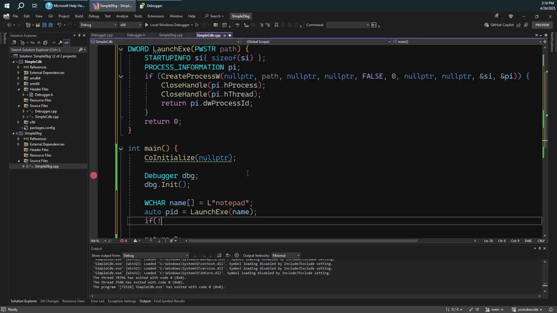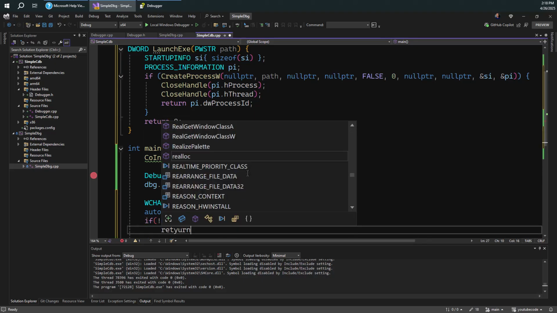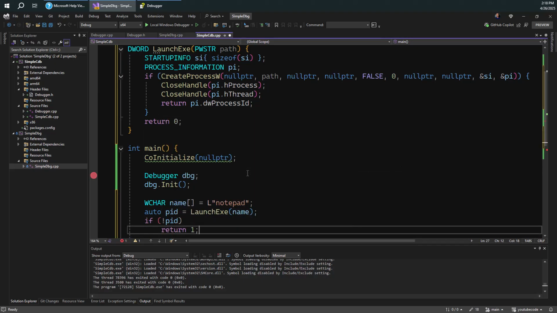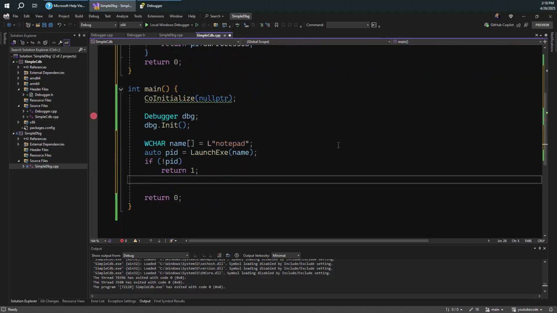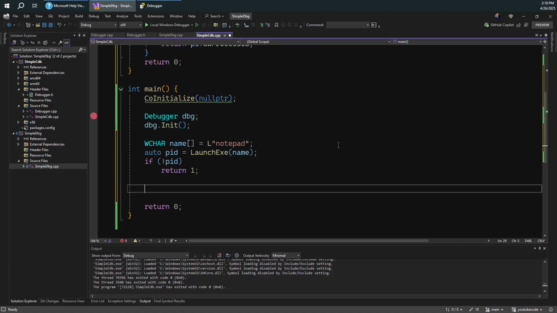And if this doesn't work, then obviously there's nothing to do. We can just return an error. So it means that executing that exe didn't work out. So when we have a PID, the next thing we want to do, what we did in the previous video, was calling DebugActiveProcess. We wanted to attach to that